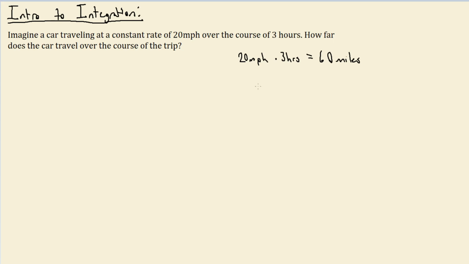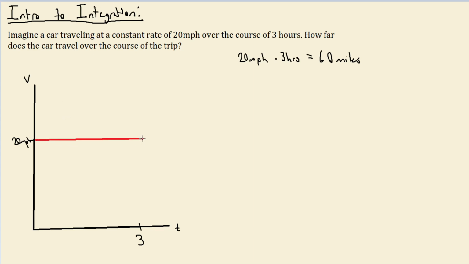Well, what I want to do is think visually about what's going on here. And so I want to make a graph here. And on this graph, I want to plot the car's velocity as a function of time. So on the x-axis here, I'm going to put time, and on the y-axis, I'm going to put velocity. And what would a graph of this car's velocity over the course of these 3 hours look like? Well, we know that the car's velocity is constant, and the graph of a constant is just going to be some horizontal line at 20 miles per hour. And so if we were to plot that, we could just draw a straight horizontal line